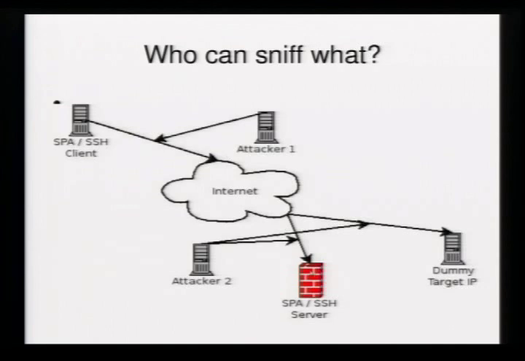And it is possible, because we are just sending a single packet across the wire, that we could send the packet to this dummy target IP. But as long as the FWKNOP sniffer that's running here, which is essentially an authenticating Ethernet sniffer, can monitor that packet en route, the firewall rule set can be changed here to allow the actual connection to come from the SBA client. An attacker, of course, can monitor any of these communications, but as I said before, replay attacks are not useful in the SBA case.